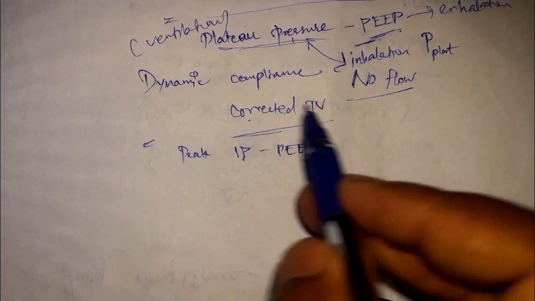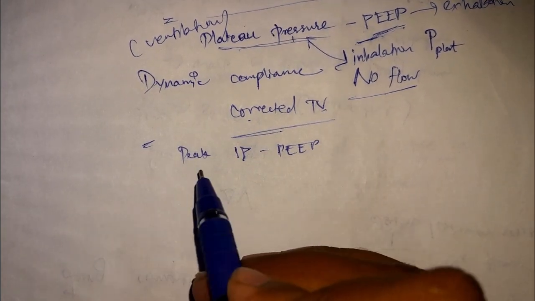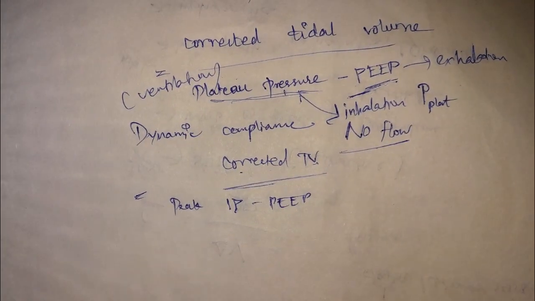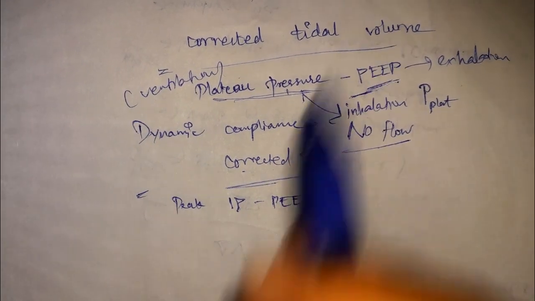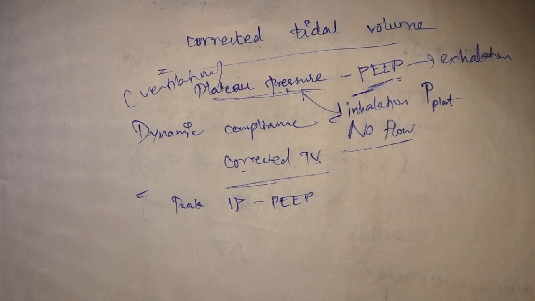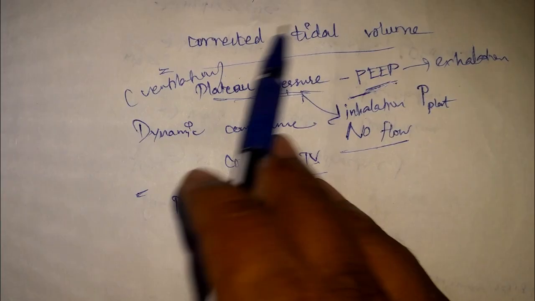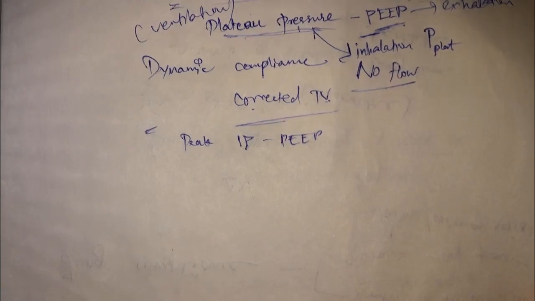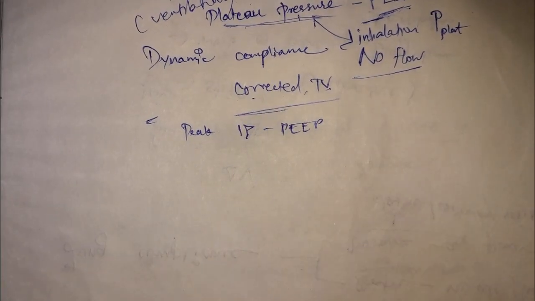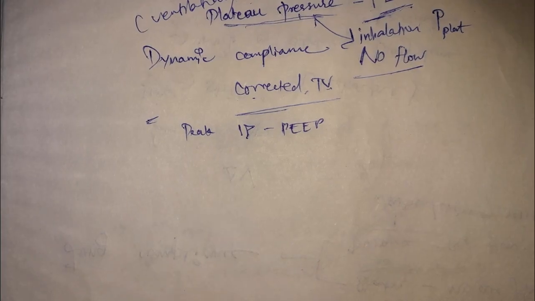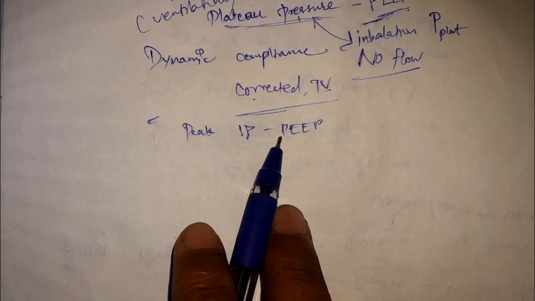We have the corrected tidal volume divided by... so corrected tidal volume means normally the lung has normal breathing, that is called tidal volume. Corrected tidal volume: after any problem in respiration happens, we correct it using the ventilator. So that is the corrected tidal volume. Dynamic compliance means the same, we take the corrected tidal volume divided by peak inspiratory pressure minus